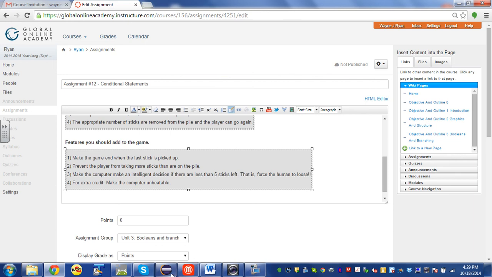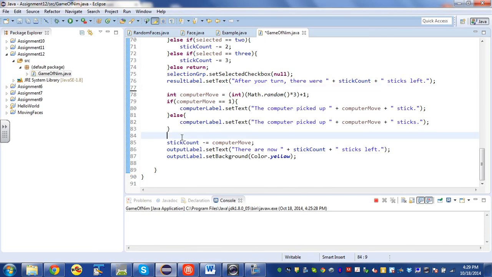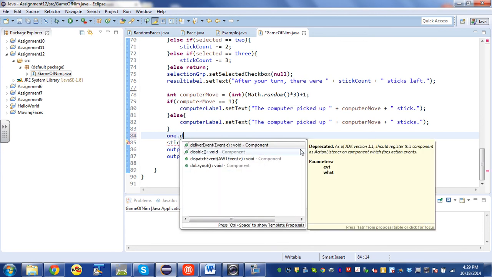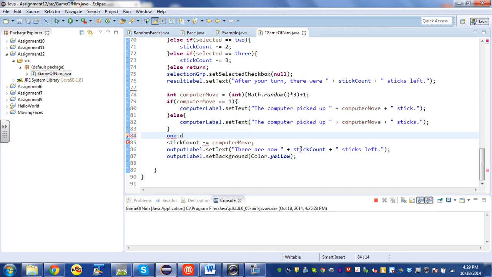Just as a hint, there are things that you can do with buttons, right? Is there a disable? I don't know. If I type in, oh, all right, that's a little much of a hint. So have fun